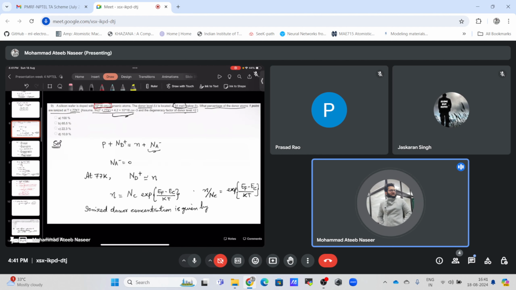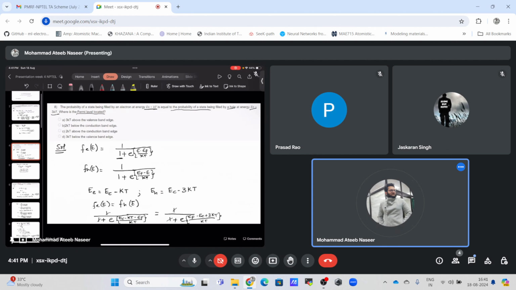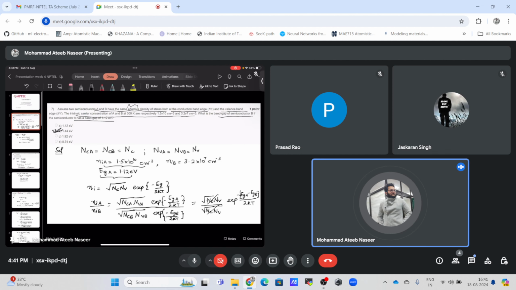And in the problem before that, we found how many donor atoms got ionized, and it was quite simple to start with. We started with the charge neutrality relation, and from that we used the formula which the professor taught us in the class. This problem was quite straightforward. We just had to equate the two probabilities to find the Fermi level location. And the first problem,